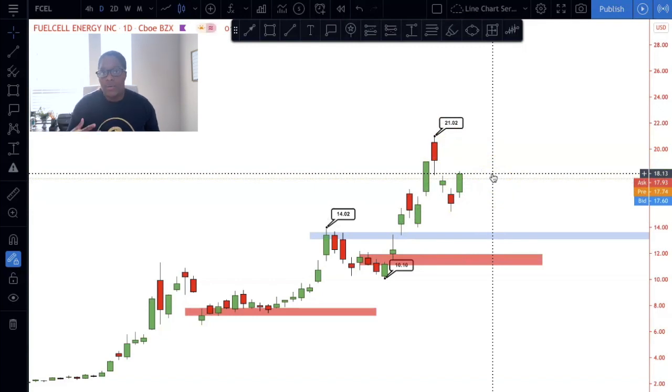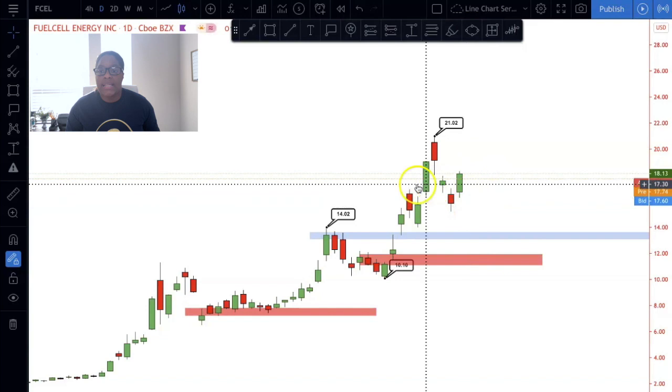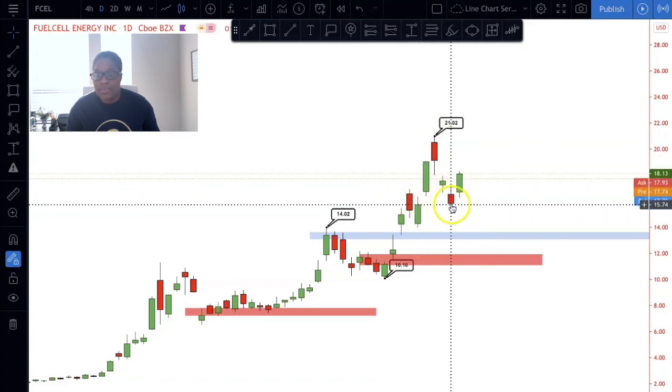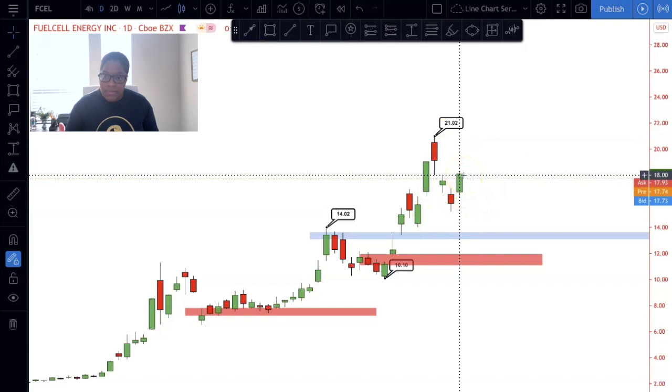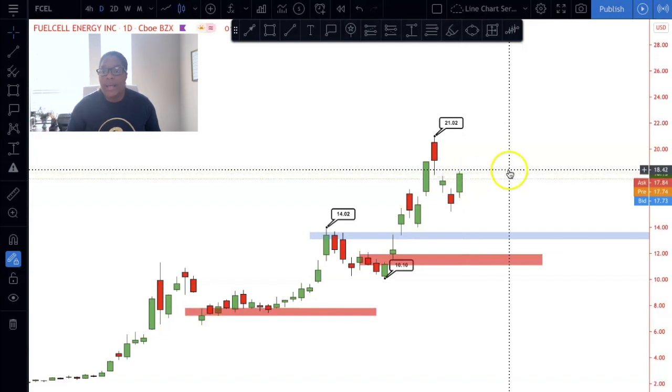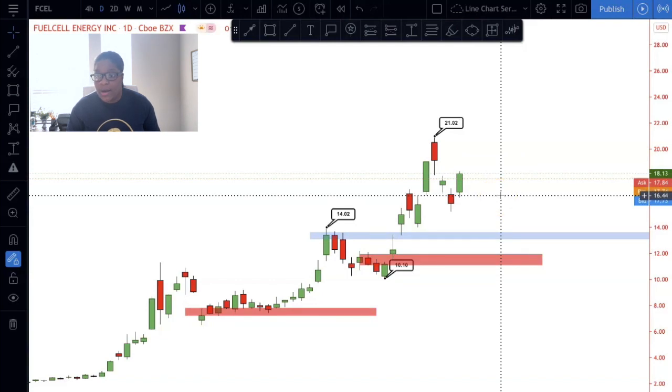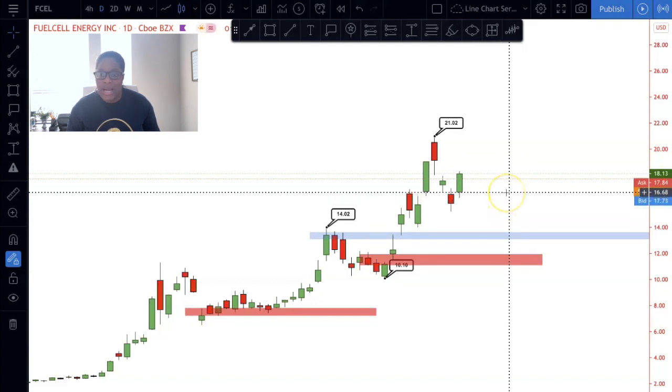Now, me being a technical analyst, as I'm looking at this, I can see that price came back to a particular price point and is pushing higher, right? This could mean that price could push up from this area and continue to go up from here and still be out at $21. So if you're looking to buy, this is pushing up off of the $15-16 range, so that could be a really good price point to buy more. If it sells off a little bit more, because we never know, stocks can do whatever they want to do, a company can do whatever it wants to do, then I'll be looking at probably the $13.50s, $13 ranges to see what actually happened.